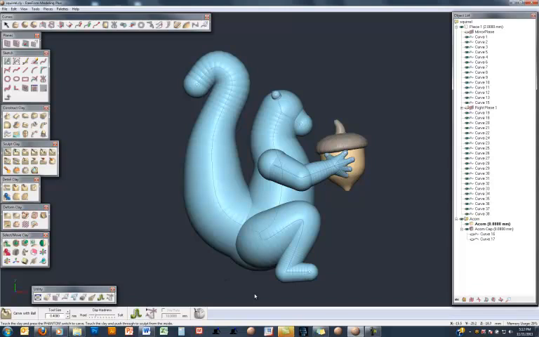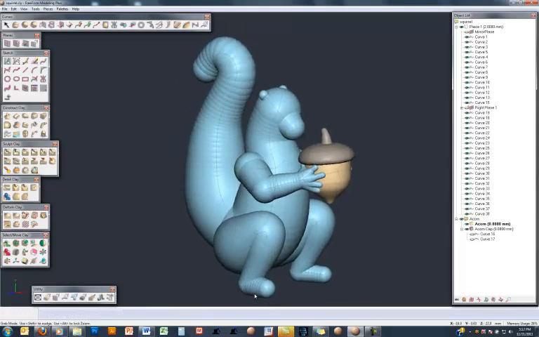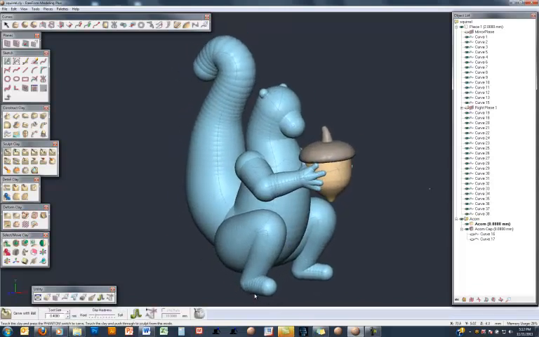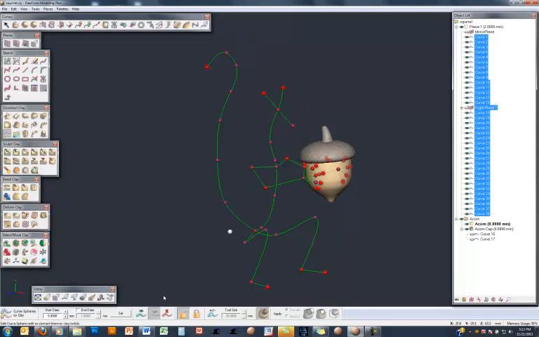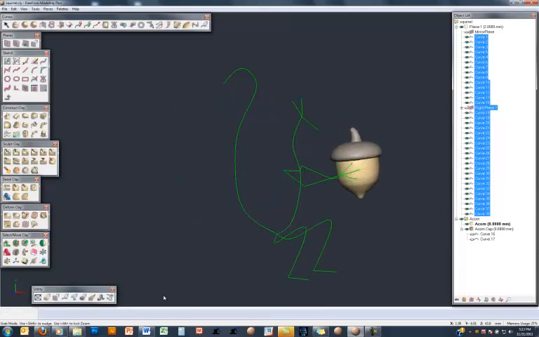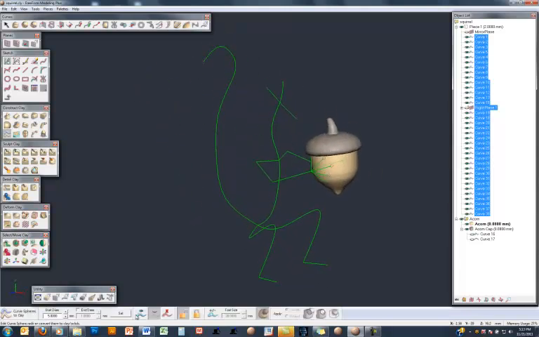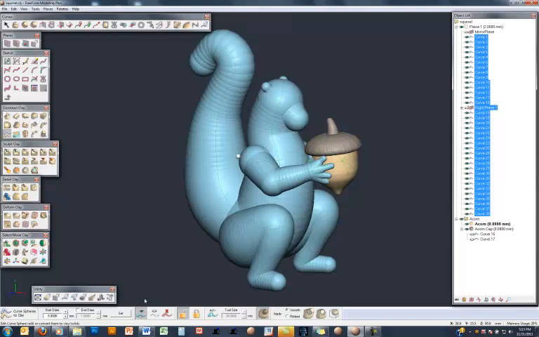So here's a more complex example. If we come to a 3D view, it's immediately obvious this is a squirrel. But if I come down to the curve spheres to clay command, select all these curves, then what I can do is actually hide the spheres. And there you see the underlying curve structure. It's very simple. But as soon as I add those spheres, you can see how we bulk out, rough out this form very quickly,